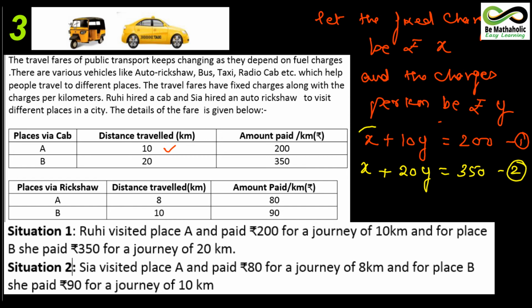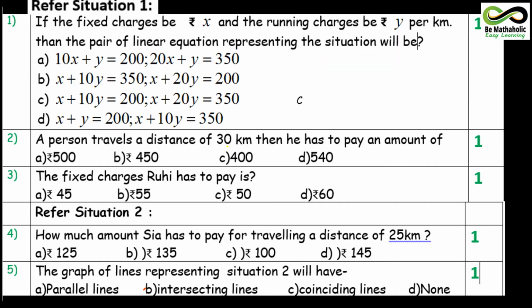So here you have the two equations given to you. Use the elimination method. Here you are going to subtract the equations, and then you can have the respective values of x and y. Similarly, children, you can also frame the equation with the second condition, situation 2, which is traveled by Sia. Similarly, you can have the equation for the second situation also, and based on the given conditions you can give the respective answers. So let's have a look at the different questions being asked for this case based question.